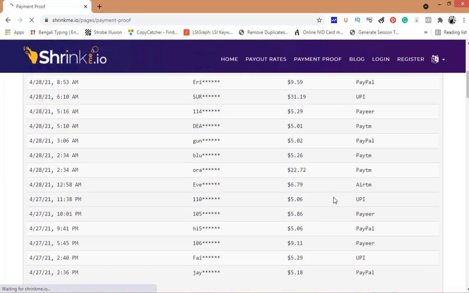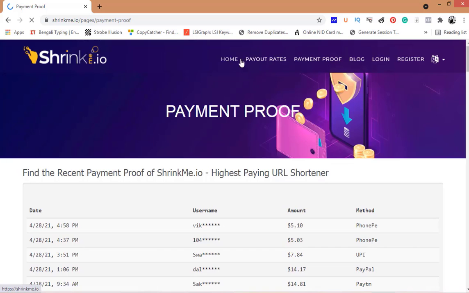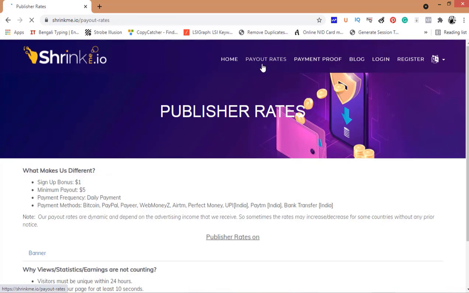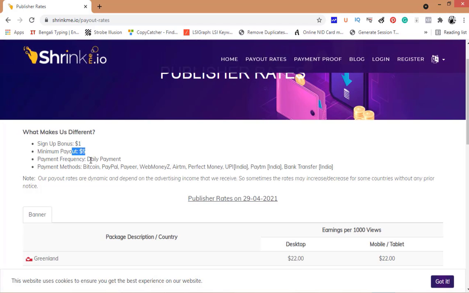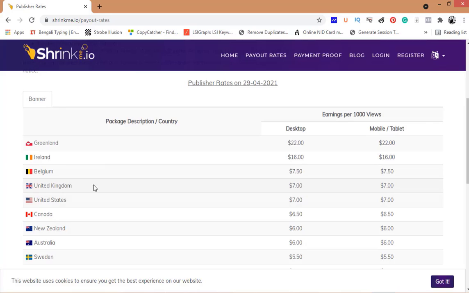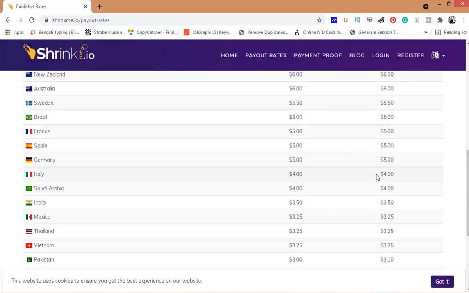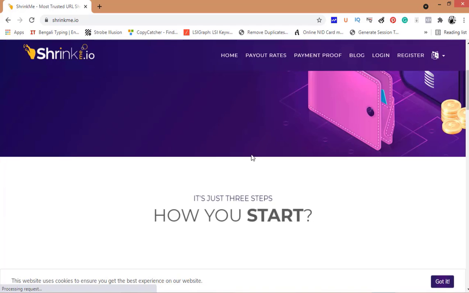If you come to their payout rates, you will see that they give you $1 as a bonus, and their payment methods are Bitcoin, PayPal, Wave Money, and many more payment options, with daily payment. If you notice carefully, they support both platforms, desktop and mobile, and for per 1,000 views you are able to earn up to $20. It varies.